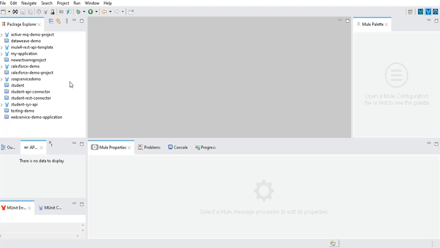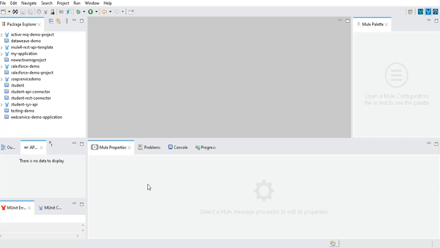Maybe some of you are already aware of it. This is just for freshers, or anyone who doesn't know the tip. This will be useful for them. And our second topic would be, instead of using the default APIkit scaffolded flows, how we can map the APIkit router mapping in a different way, which is a best practice to follow in Mule 4. Okay, let's get started.